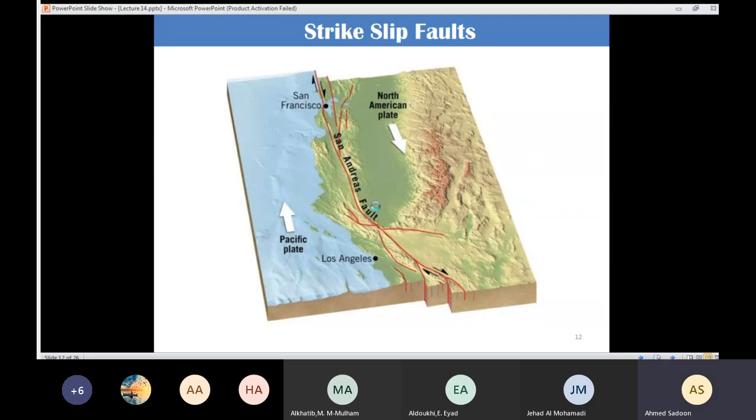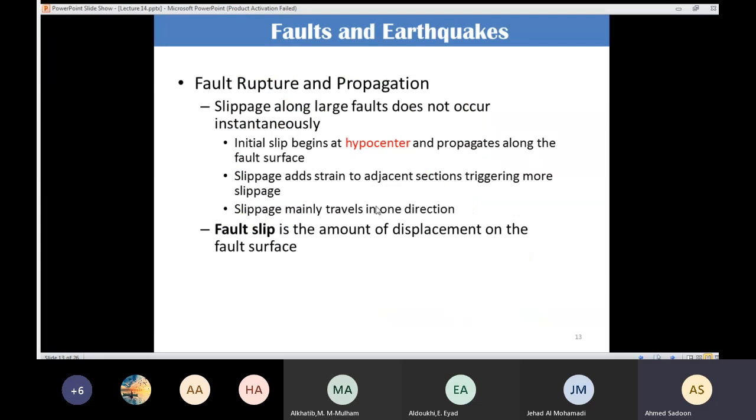And finally, we need to know that the earthquake is not going to take place all of a sudden. It's going to go through steps. The slippage or the displacement movement will go through many steps before we see the earthquake. First,